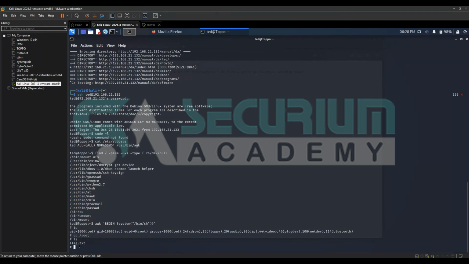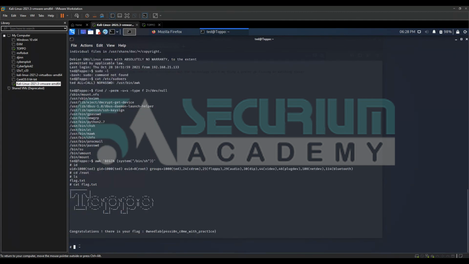We have captured the flag. We can list it now. Finally, we have captured the final flag of the root user. Now we can access the data. As a pen tester, we can list out the vulnerabilities we have identified in the system, and we can